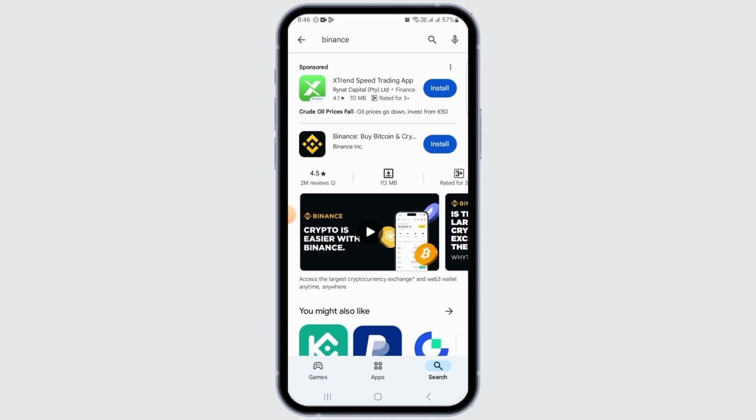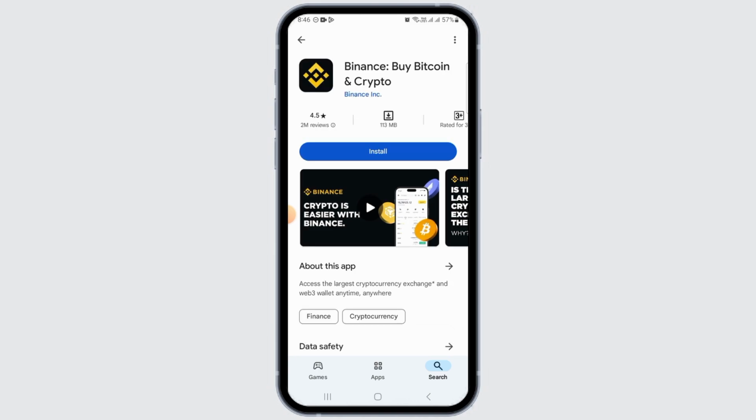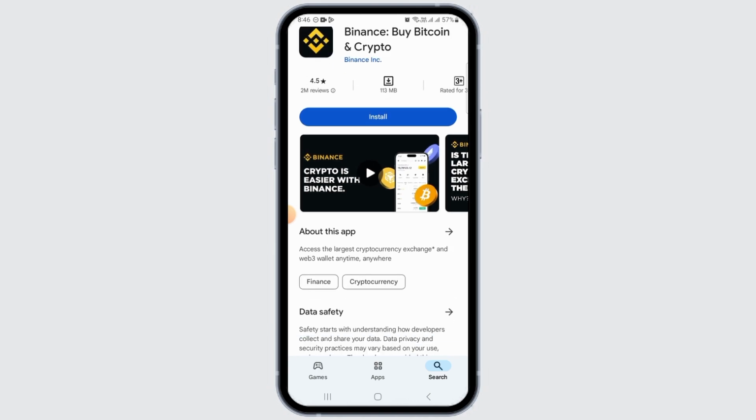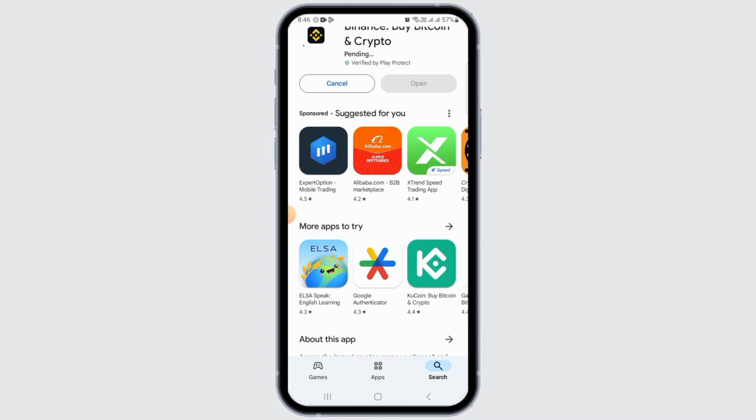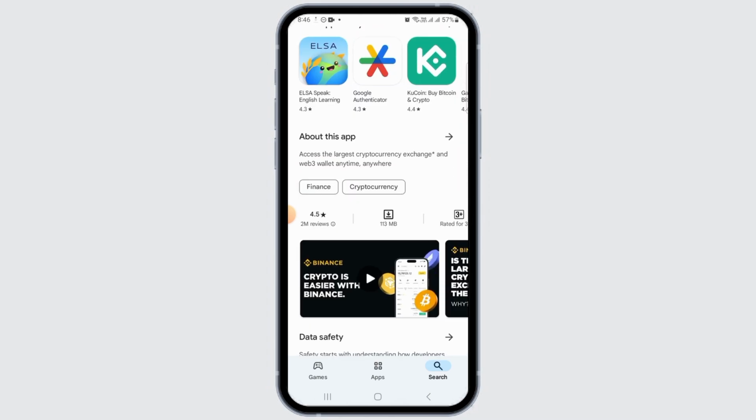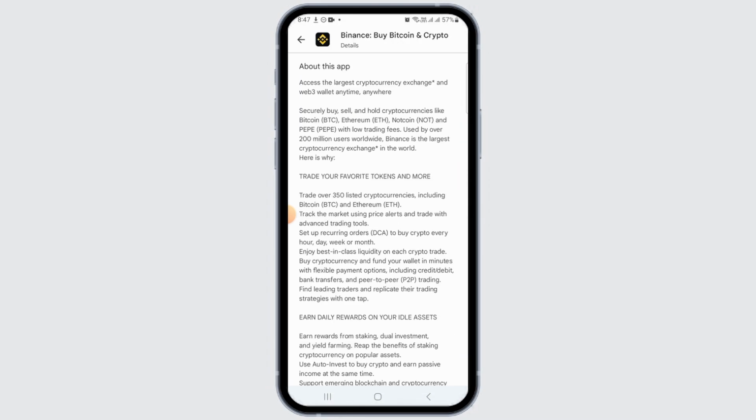Out of the search results, this is the application you want to select. Now go ahead and tap on the install button. If you want more details on this app, tap on about this app option. Here it says that with Binance, you will be able to access the largest cryptocurrency exchange and Web3 wallet anytime, anywhere. You will be able to securely buy, sell, and hold cryptocurrencies like Bitcoin, Notcoin, and much more with low